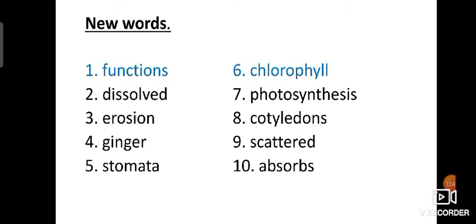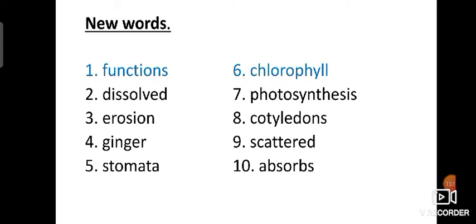Next, absorb means to take in and hold something in. Okay, cotyledon means, let me say once again, a part inside a seed that looks like a small leaf, which the developing plant uses as store of food. Understood, children? Learn the spellings.